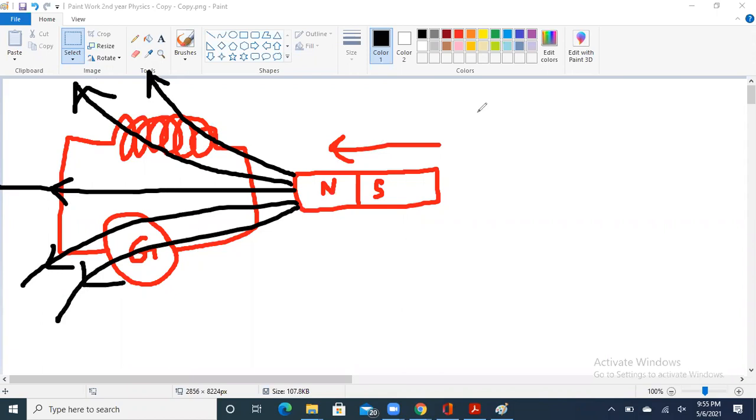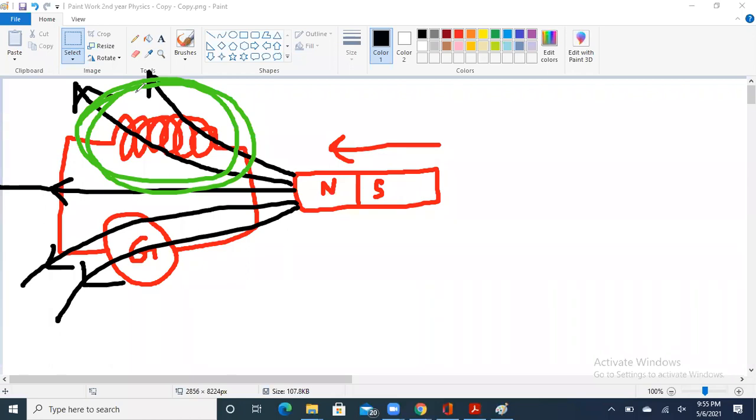Now it is clear that this coil is having 2 magnetic lines of force passing through it. So again, in this situation, the magnetic field has been doubled, or magnetic flux has been doubled for the coil, because in the previous situation, when they were at a distance apart, there was only 1 line passing through the coil, but now there are 2 lines passing through the coil. Therefore,